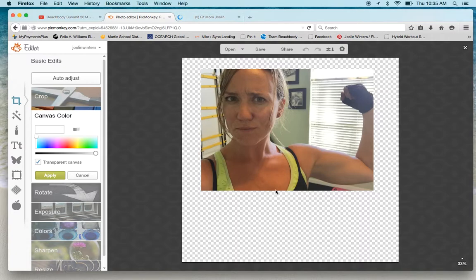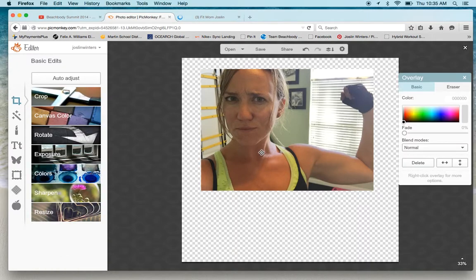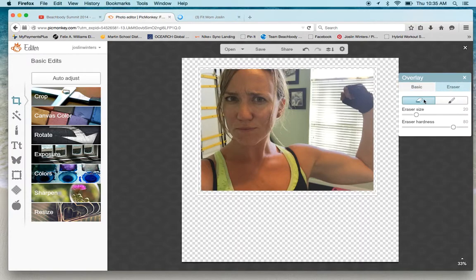There's not going to be a square behind you. And then you're going to click back on your picture. Oh, I'm sorry, click apply, and then back on your picture, and you're going to go over here to eraser. You can choose your eraser size. See, it gets bigger, smaller, however, what size, you know, if you're taking away a big chunk,